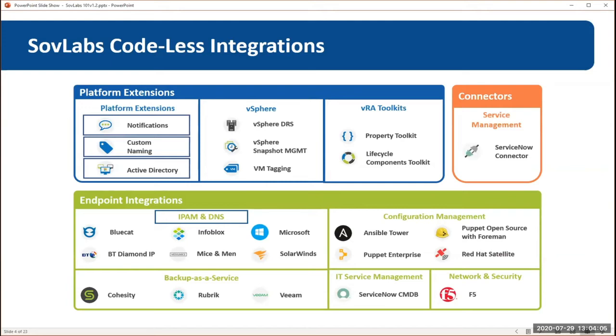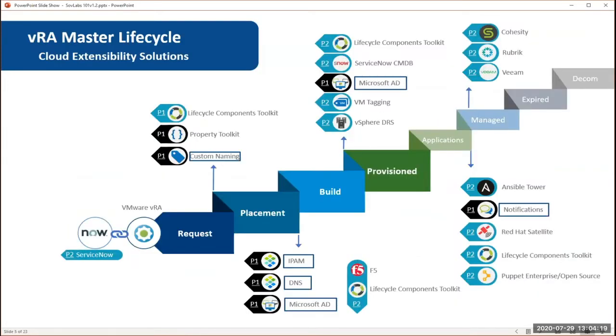What we've been working on for over a year now is taking these integrations that we've been helping customers implement for VRA and sort of breaking them out of their shell. Taking all of these integrations that historically, again, had to be consumed via this VRA lifecycle, and again, they were VRO workflows,